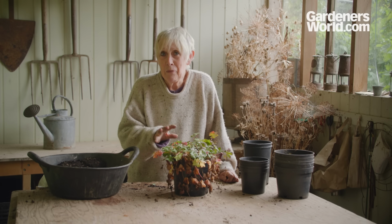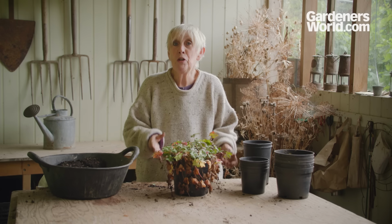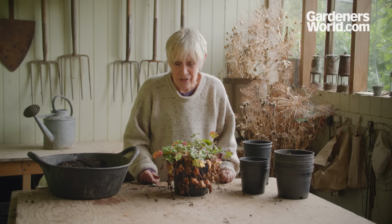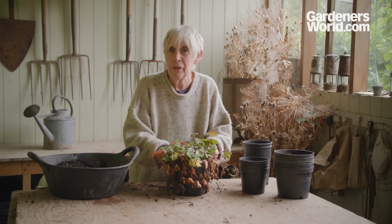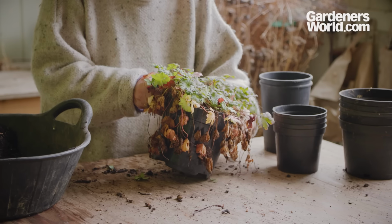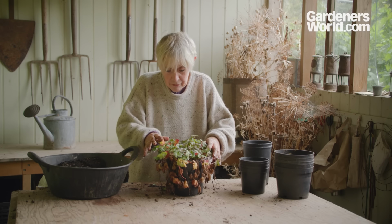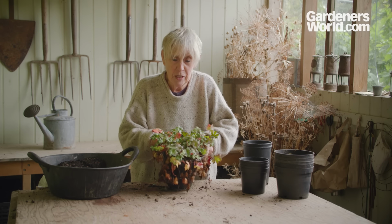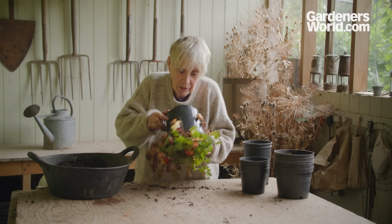Another really good time to use this method of propagation, dividing plants, is when you've bought a new plant from the garden centre or nursery, but we've all had that experience where that plant has sat by our back door for ages and ages. And that's just the case with this geranium. It's Geranium cantabriense, and it's a real beauty. This plant was bought probably several months ago, and it's looking very healthy. It's been looked after, it's been rained on and watered. But now I think instead of planting it straight out,